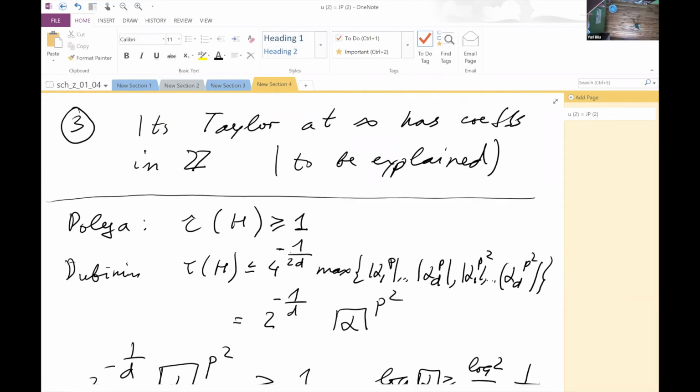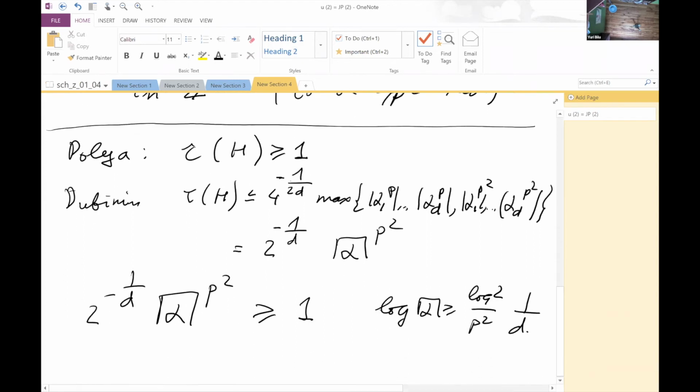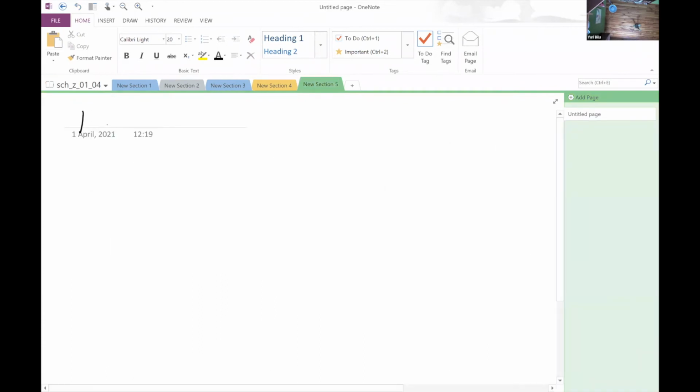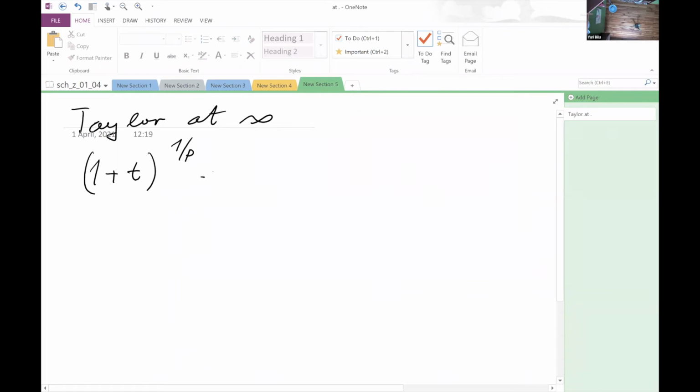And what we are left with is just to speak about the Taylor expansion. So why it has integral coefficients, and here is where the Schoenemann plays a role. So what is Taylor at infinity here? So the idea is the following. It's totally standard. So we have the Taylor expansion at 0,